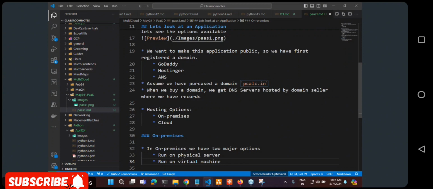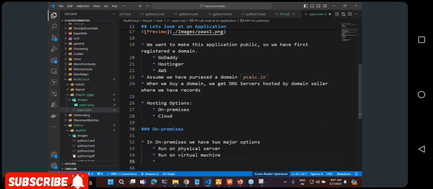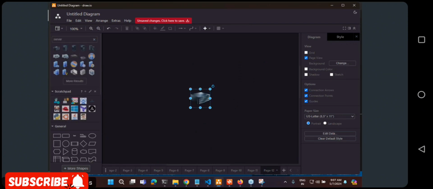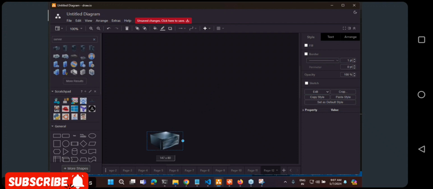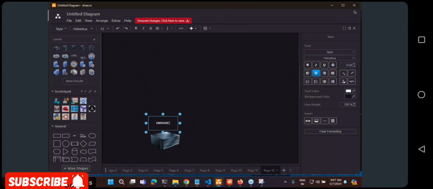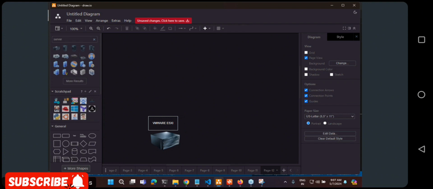Okay, right. So you have these two options. Now what your organizations will basically try to do is, okay, let us assume that this stuff is on a physical server, what is it that they will try to have? They will try to have VMware ESXi. So VMware ESXi is software which helps in creating virtual machines.